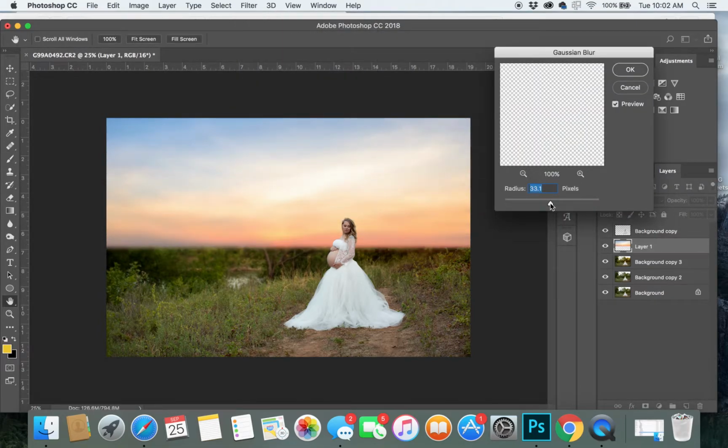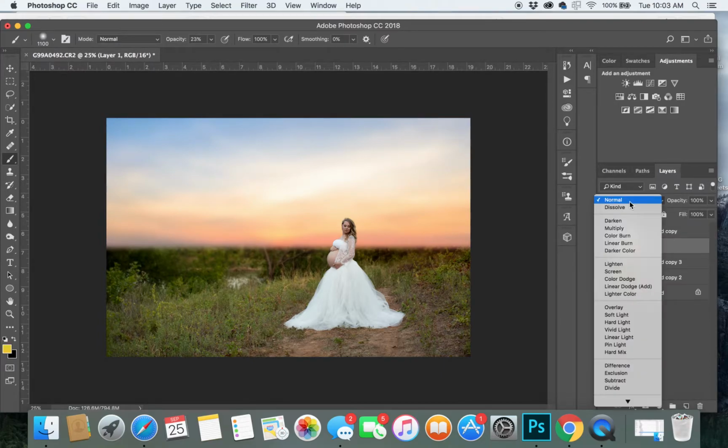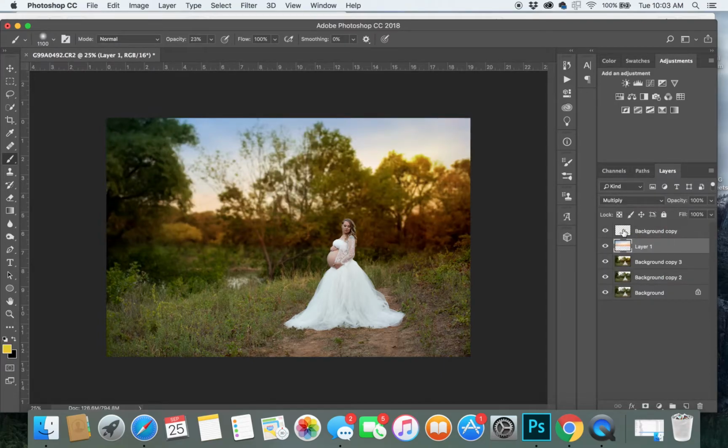And I usually blur this out pretty good, somewhere between 20 and 35, 45, whatever you need to do depending on the image that you pop in. Alright, so once I've blurred it, I'm going to change my blending mode to multiply, and you can see that's just popped in a little bit of sky. We do have this line right here, so what we can do is add a layer mask,